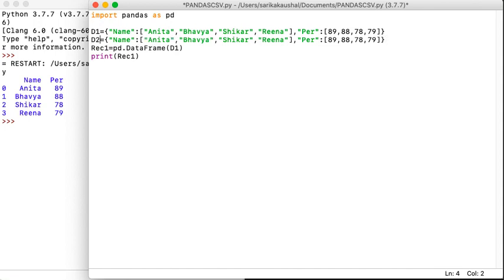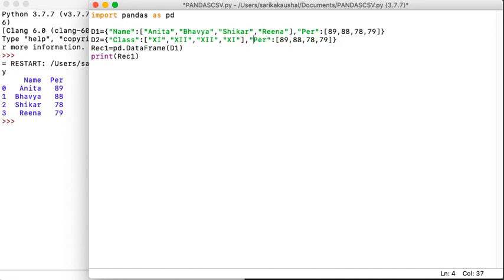Keeping in mind that the data is of a similar kind, I also have the class of the children. So I can say class as, for example, the first person is in class 11, the second person is in class 12, the third is also in 12th, and the fourth one is in 11th class.